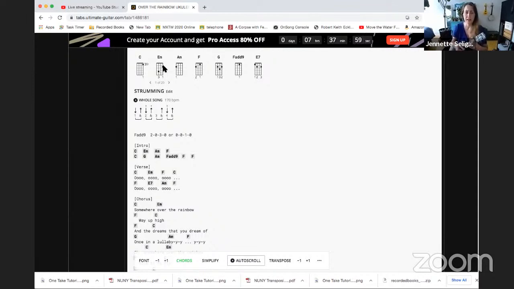They'll both work as an E minor. So we're looking at this in C, as I said, because that's where it is in a lot of songbooks and song sheets for ukulele players, because it is the easiest key to play it in. But it's not the easiest key to sing it in, and I know that because I play it with my group when we meet online and also in person, and a lot of people complain that this is too high for them. And so we talked a little bit in the first video about how to navigate that, and we